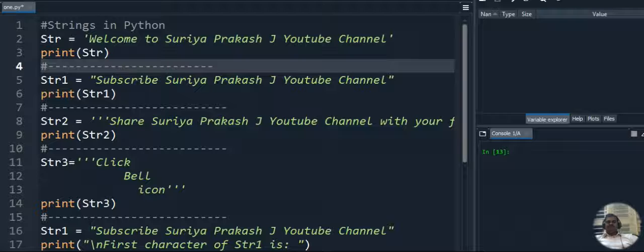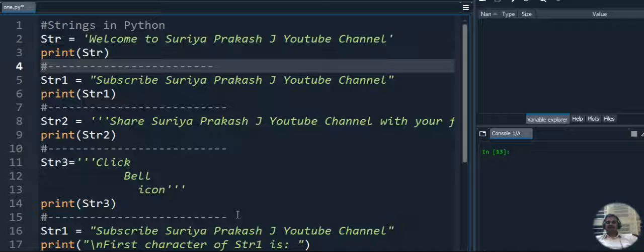With the use of strings we can retrieve a particular position of the string in Python, and we can slice the string. We can display the string with double quotes, triple quotes and single quotes, and we can display the string one by one, not in a straight line but line by line.